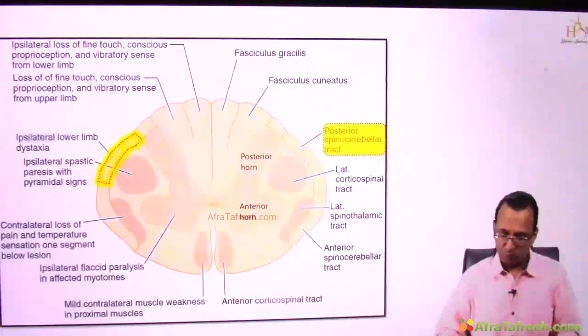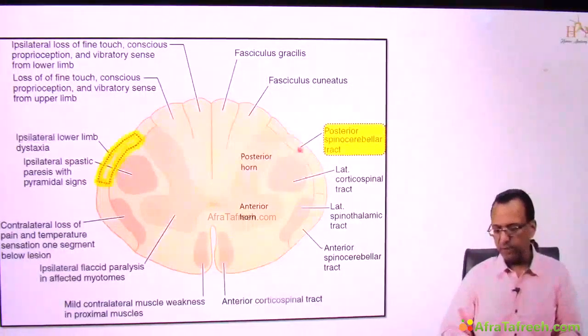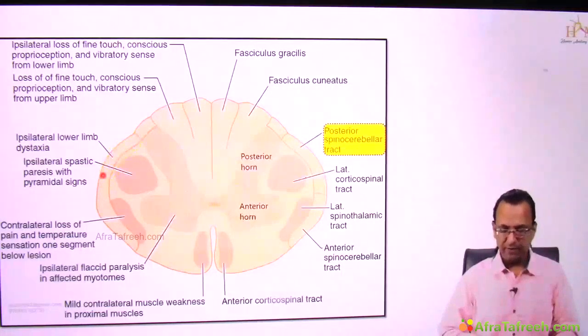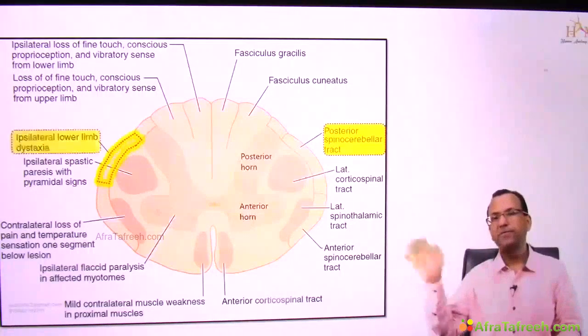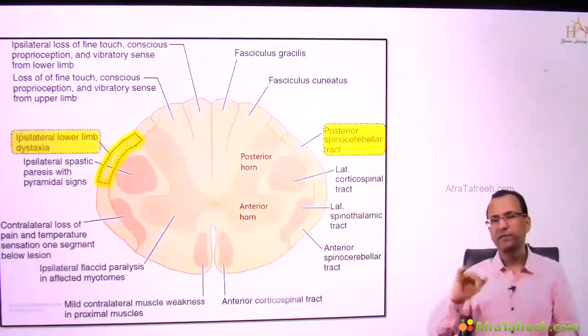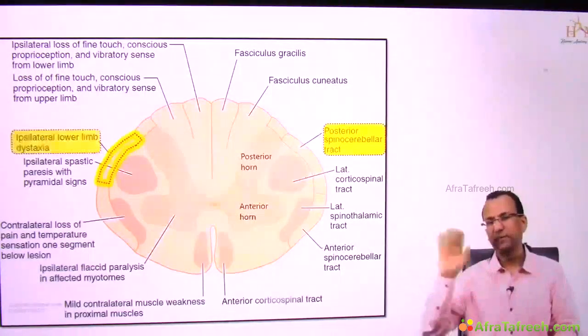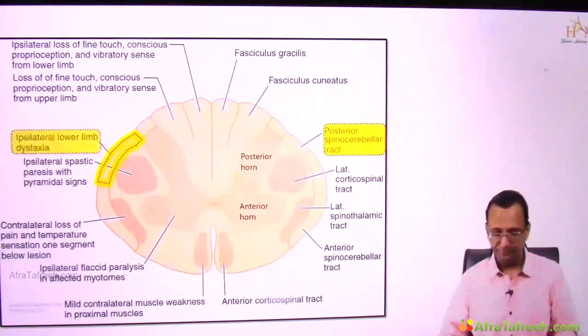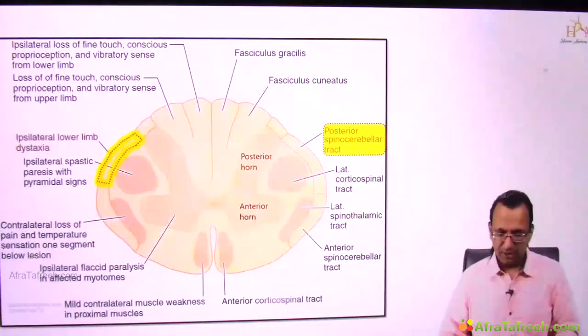And what about the dorsal spinocerebellar tract damage? If the dorsal spinocerebellar tract is damaged, then there will be ipsilateral ataxia. Patient keeps falling to the same side. Heel shin test positive on the same side. Cerebellar ataxia, incoordination. Patient cannot walk in a straight line. Okay, fine. What about the